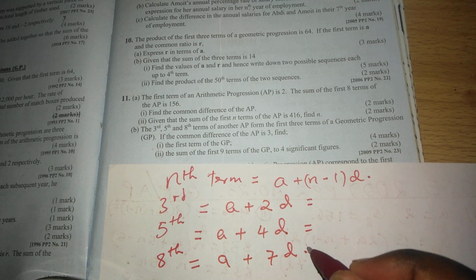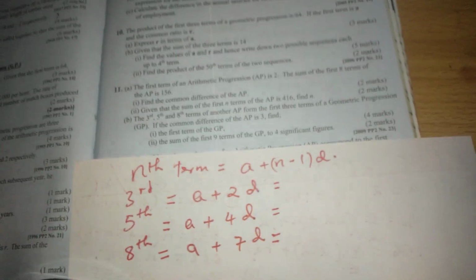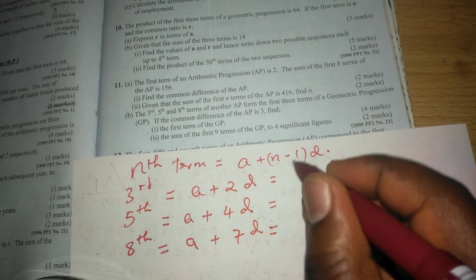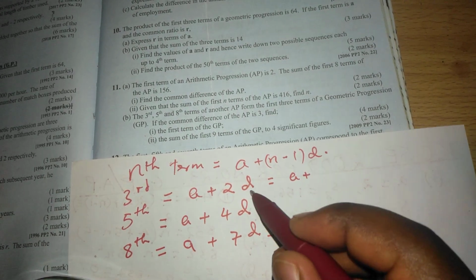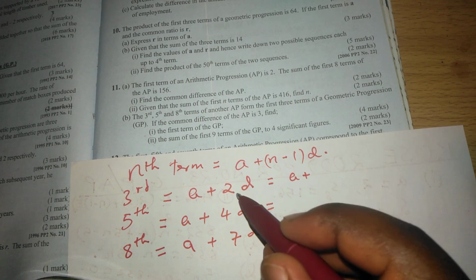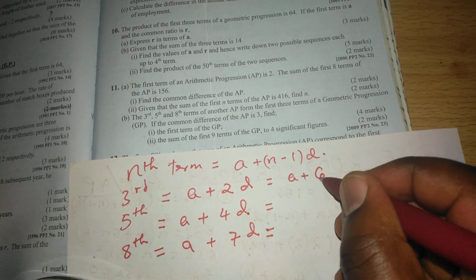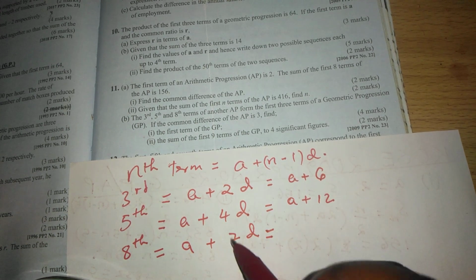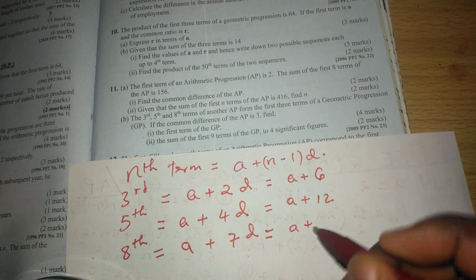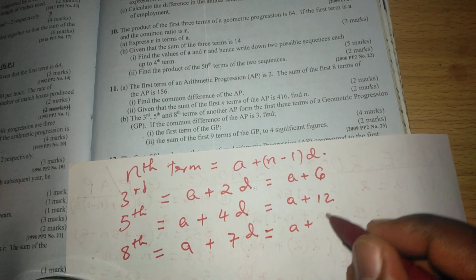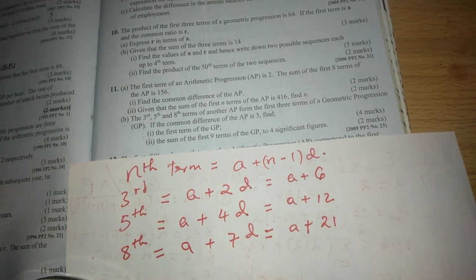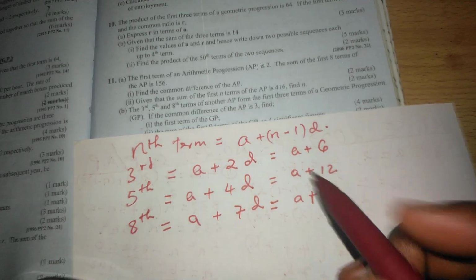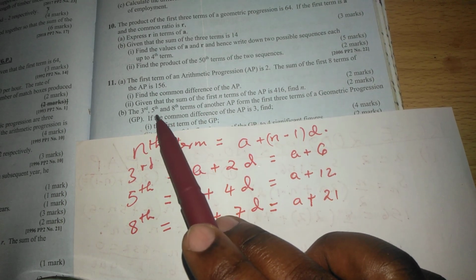So this is an expression of the third, the fifth, and the eighth terms. We are further given that the common difference is 3. So if the common difference is 3, we can get similar expressions, such that this is A plus, if D is 3, then 2 by 3 is going to be 6. A plus 4 by 3 is going to be 12. And A plus 7 by 3 is going to be 21. Therefore, we are told that these three terms